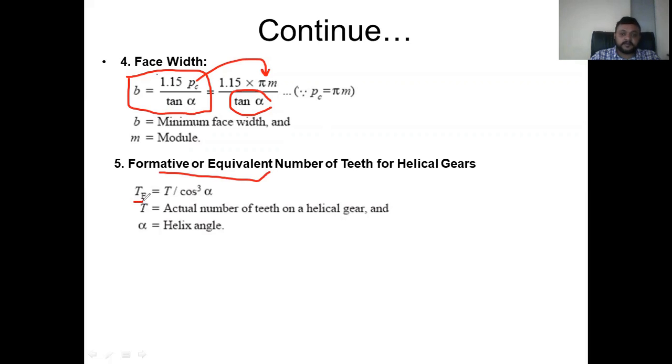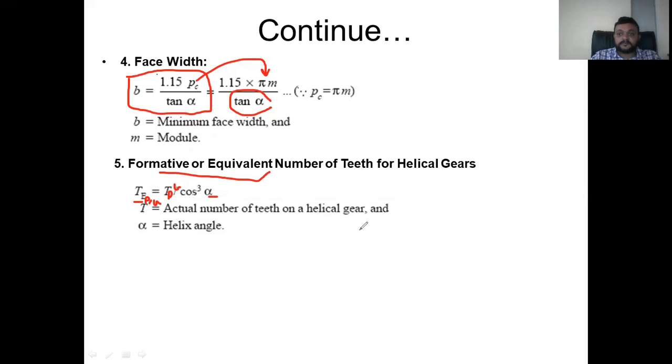TE means, for example, TEP. Equivalent number of teeth on the driver pinion is equal to TP divided by cos cube alpha, and for the gear you have to take it as TEG, which is TG divided by cos cube alpha, where alpha is again the helix angle. So the equivalent number of teeth on pinion and on gear can be calculated from the normal number of teeth as provided in the spur gear. So that is the difference between